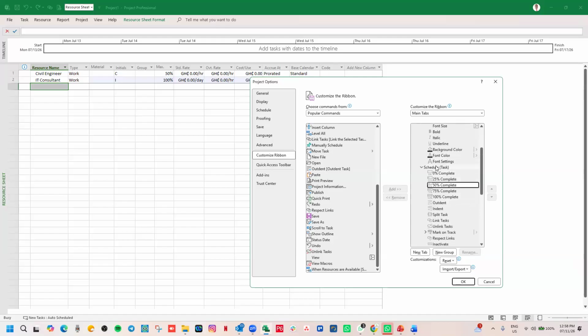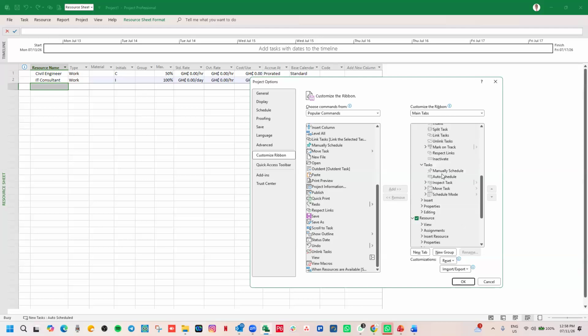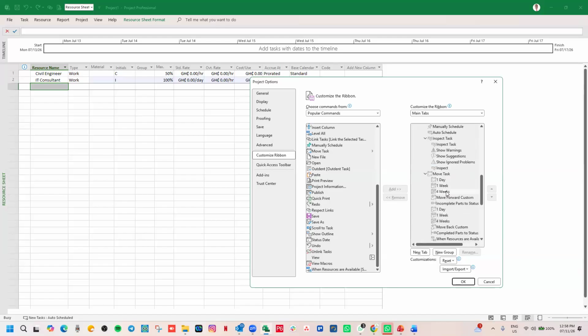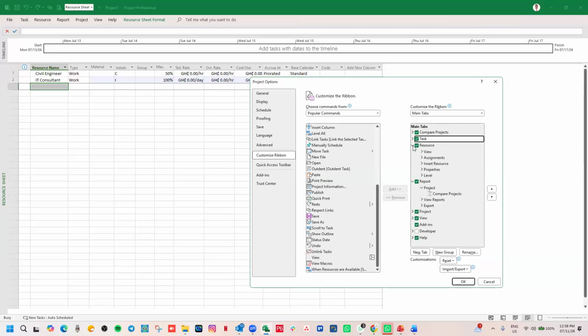When you take the schedule group, these are the ribbons. Then you take the task group, and when you open it, these are the ribbons. Then you take inspect, and you get to see its ribbons. You can open it up to see all the ribbons within the groups. So these are the main